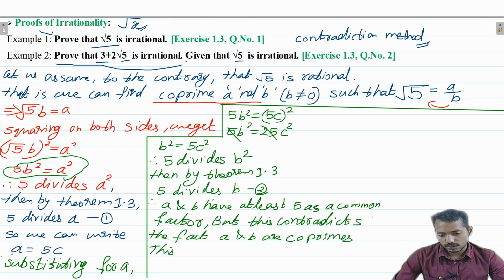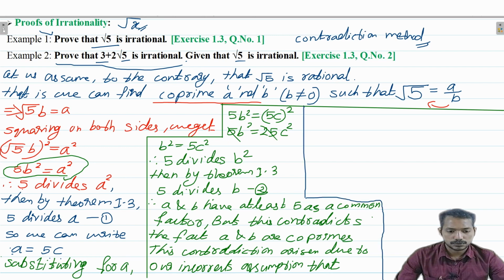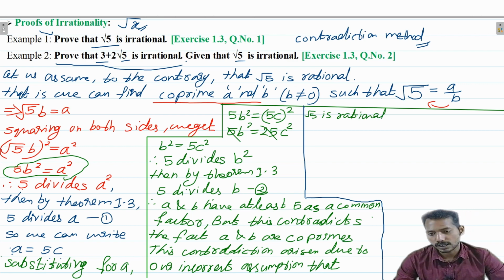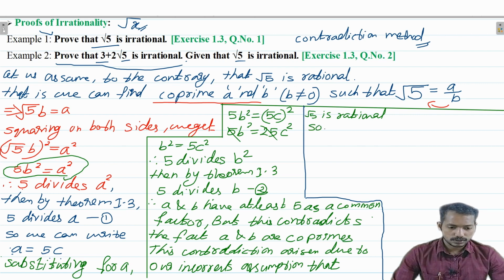This contradiction arises due to our incorrect assumption that root 5 is rational. That means our assumption that root 5 is rational was wrong. If it was wrong, then the only possibility is that root 5 is irrational. So we can conclude